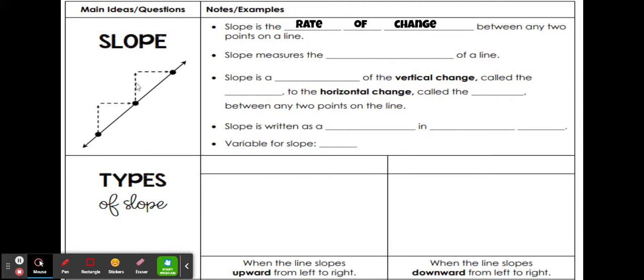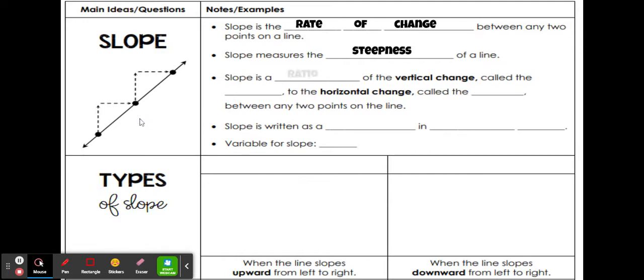up or down, how steep it is using words like this is a really steep slope or this is kind of a flat slope. And today we're going to write the slope as a fraction, as a number. So instead of using words like it's very steep or very flat, we're going to write it as a fraction. And it's a rate of change between the two numbers because it's measuring the steepness of a line, how steep